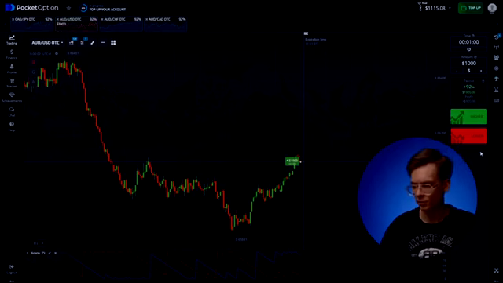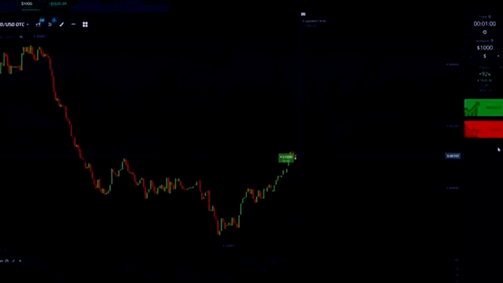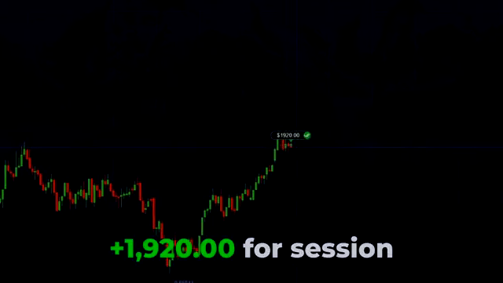The price is trying to break through the resistance level, but the bullish activity is high. There's a high probability that the resistance will be overcome. Let's see. The price has not broken the resistance yet, so the trade closed near the entry point. But I'm still in profit because in my favorite trading scenario, the main thing is to predict the asset's movement correctly. Okay, it's time to move on to the final trade.